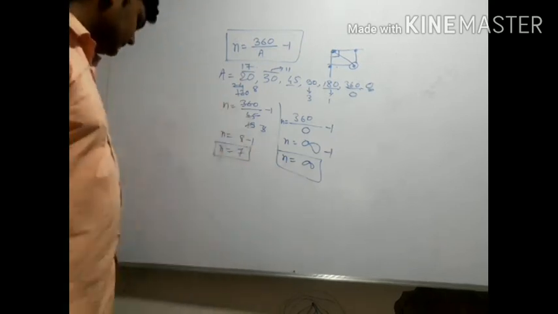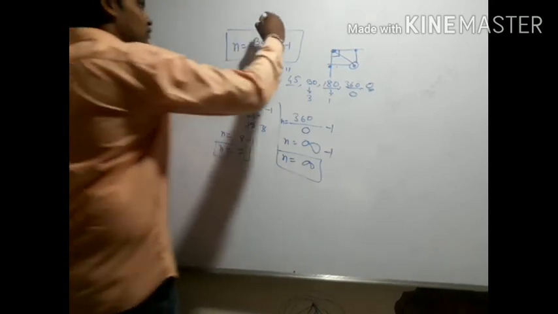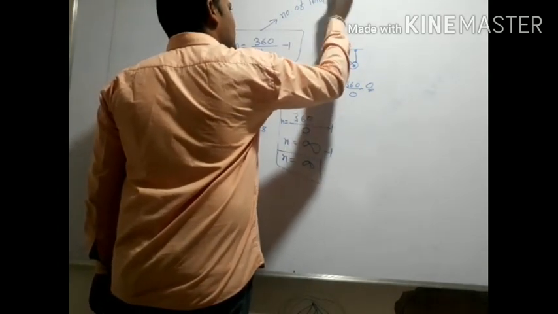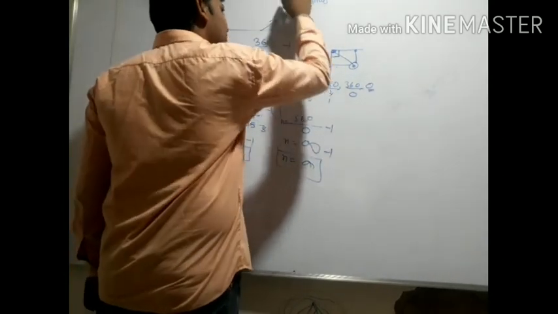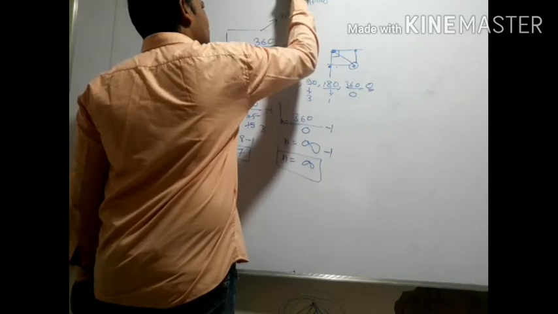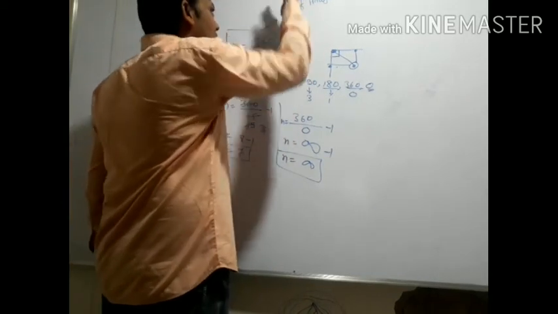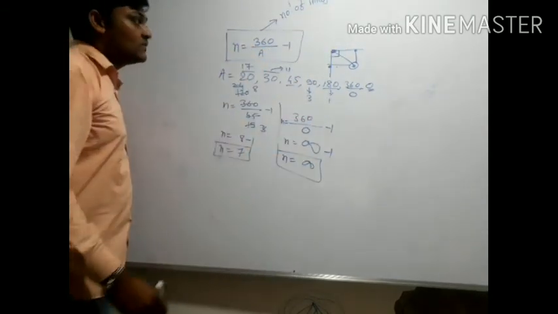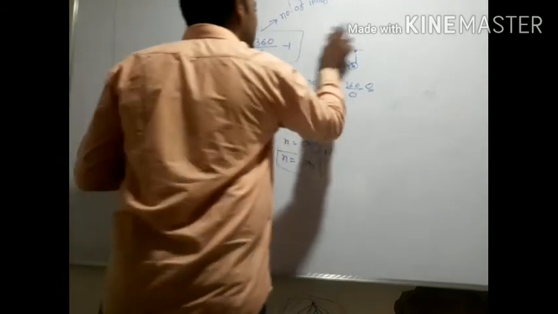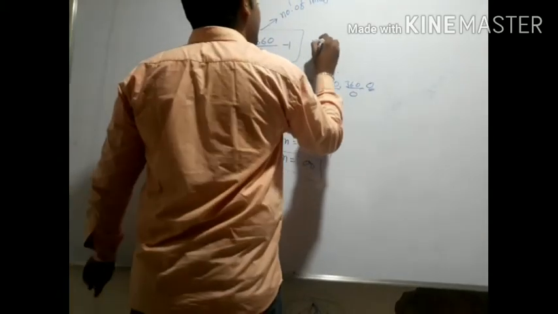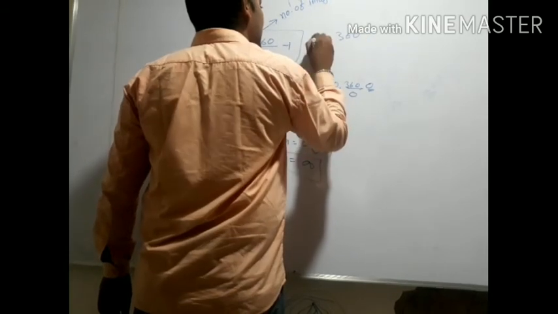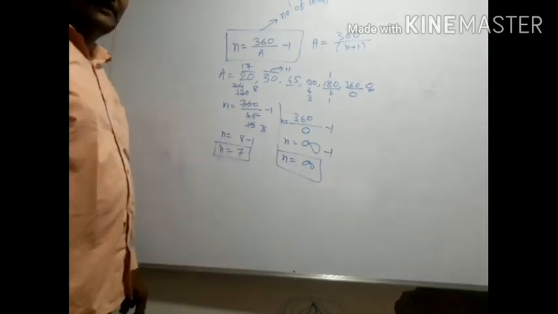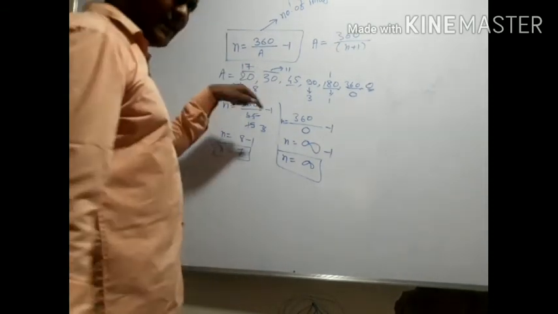Okay, beta. Next. Using this formula you have calculated the number of images. Now, what was given to calculate this? The angle. From the angle you calculated the number of images. Now I'll change it: from the number of images you have to calculate the angle. The formula changes a little bit. A is equal to 360 divided by N plus 1. Okay, that is your formula, where N is the number of images, as we have discussed.